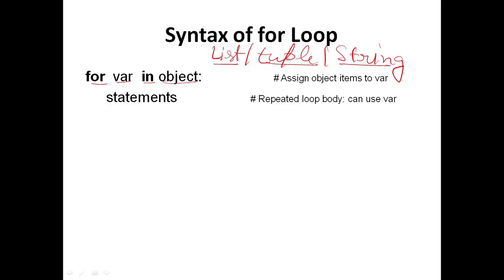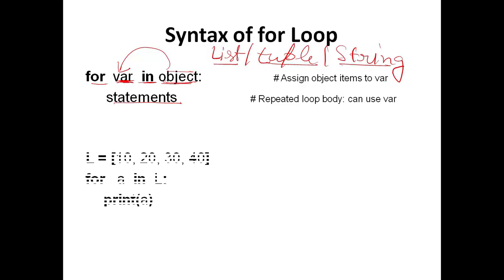That means the object which can have more than one element, and the elements of that object form a particular order. So the elements of this object are assigned one by one to this variable, and this variable is again checked whether it is a member of this object or not using this in keyword. So obviously it is going to be true, so this statement will be executed.